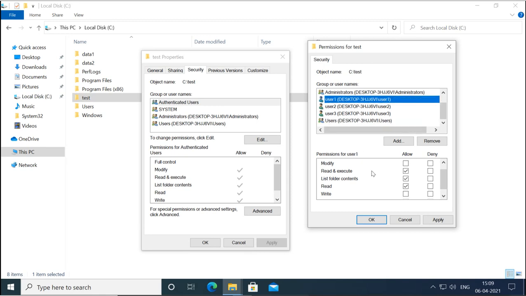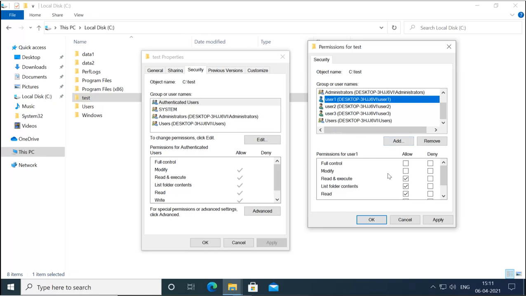Now if I remove, I can remove here. These are explicit permissions, so I can remove these permissions. It is not inheriting from the top level folder. So I have added this user right now here, so I can remove these permissions from here, and this will become the explicit permissions. These will become explicit permissions when you assign those permissions here.